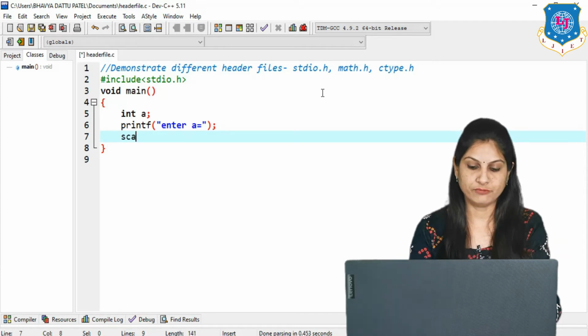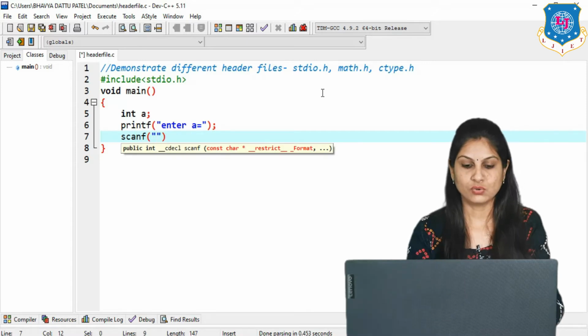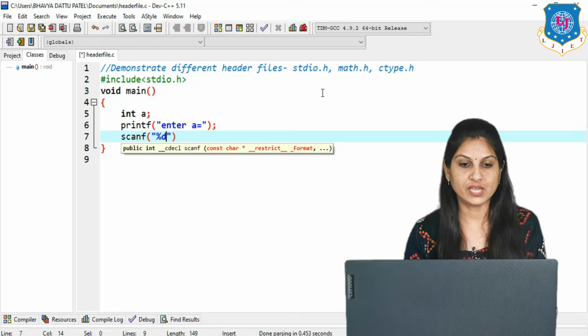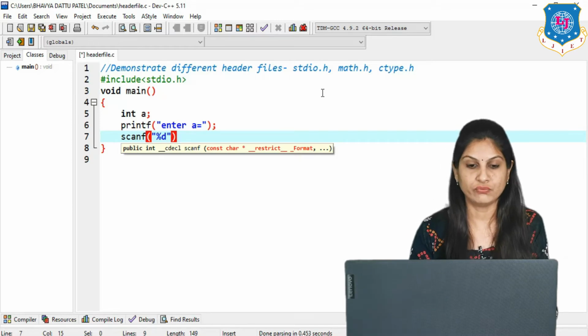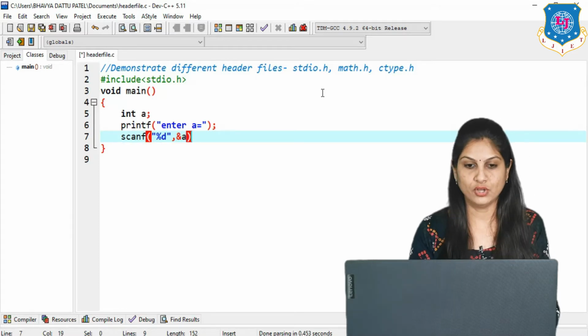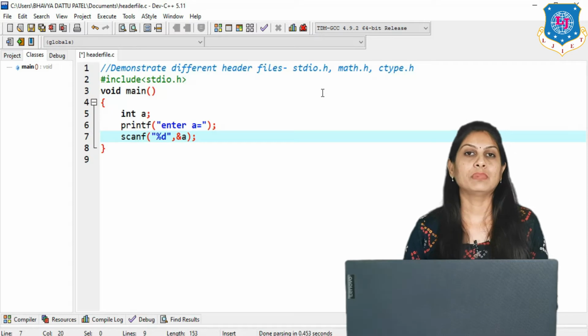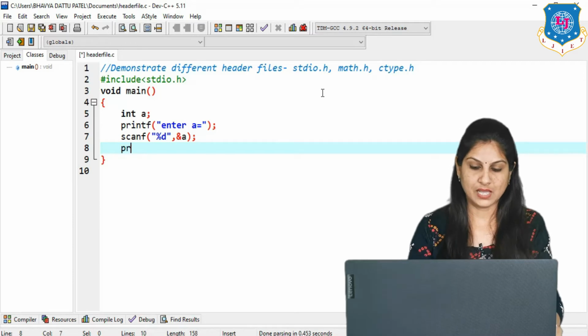Now use the scanf function. Scanf is to read the data from the user. Why are we using %d here? This is the control string for integer data, and the name of that variable is &a. So this is simply printf and scanf function. You understand it very well. And now last, I want to print the value of a using printf.